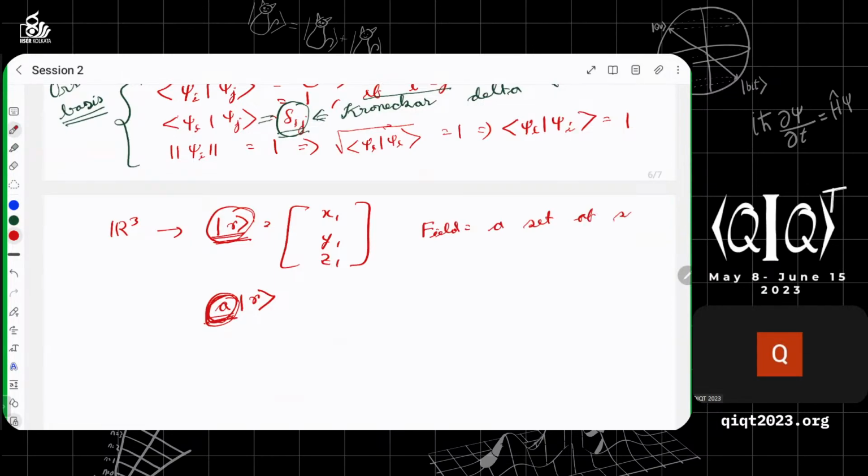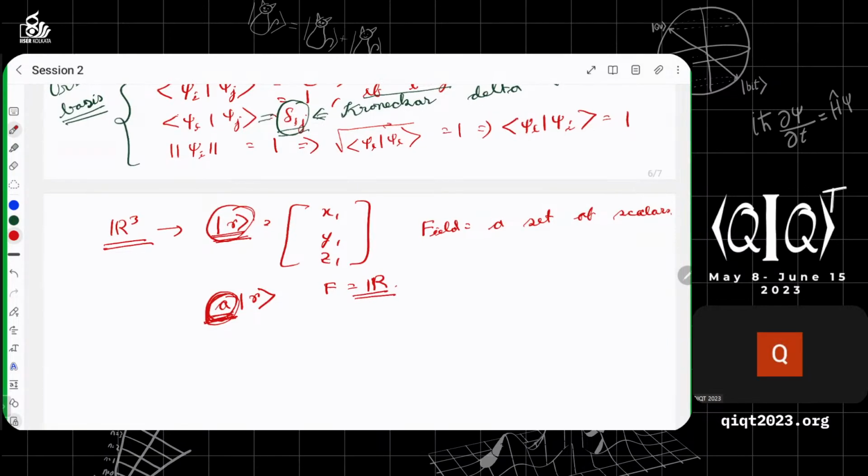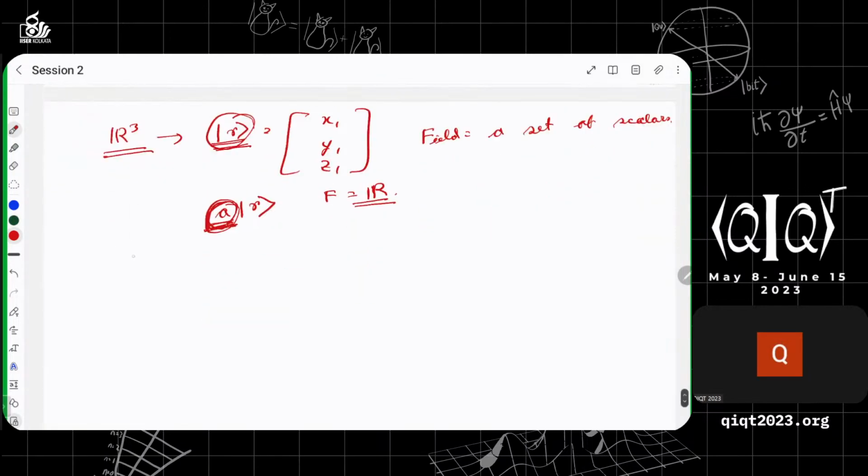Now for different vector spaces, the scalars will be different. For example, for R3, the scalars are real numbers. So the field was the field of real numbers. But as I had shown in an example, if this is your vector space, then